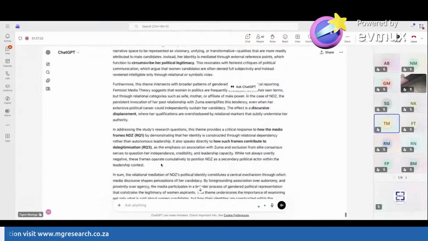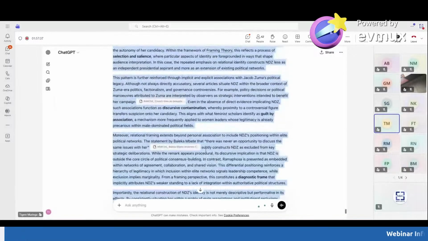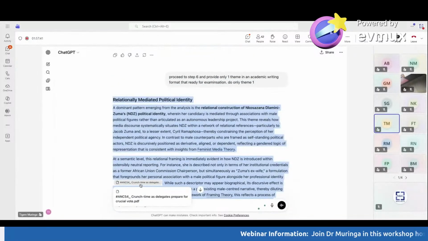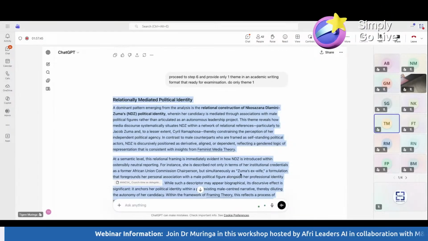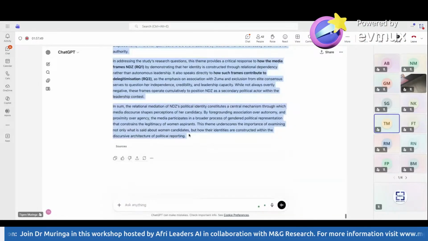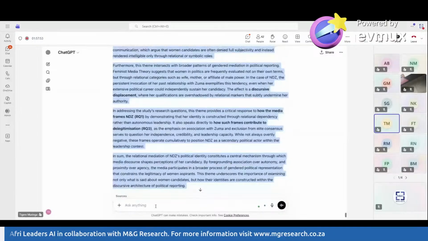But remember, we said the key to good work in this case is always to go back and ask: is this data accurate? Are these verbatims accurate from the data itself? You need to align and attune this to your data analysis. Then I'm going to say